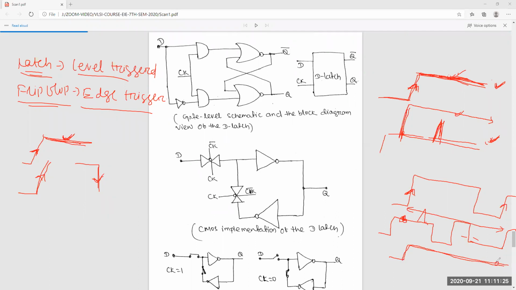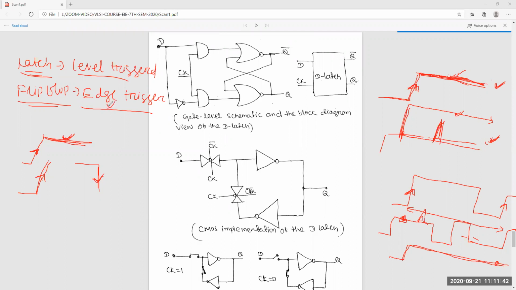In between, if there is a glitch in the data, it will not change the output. That's why an edge triggered flip-flop is used for this.